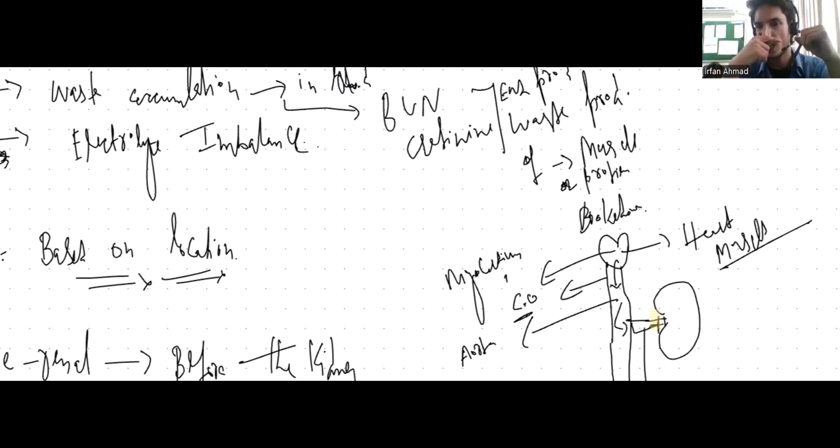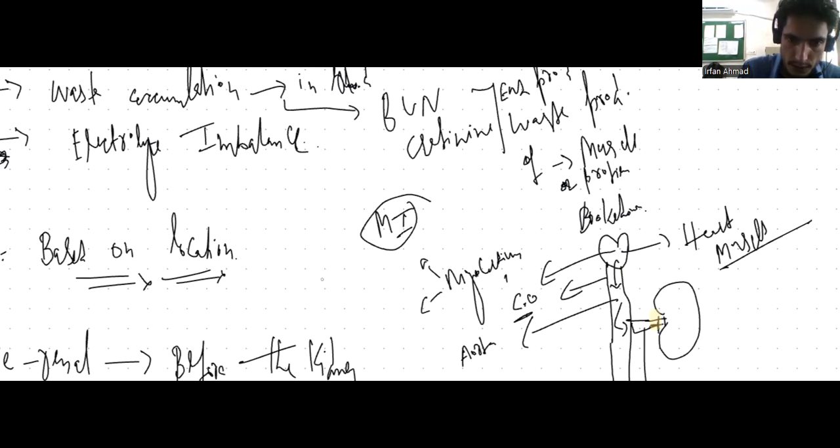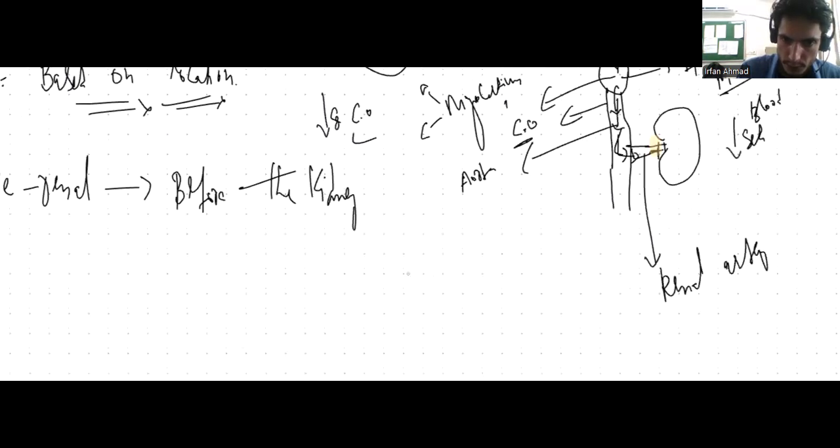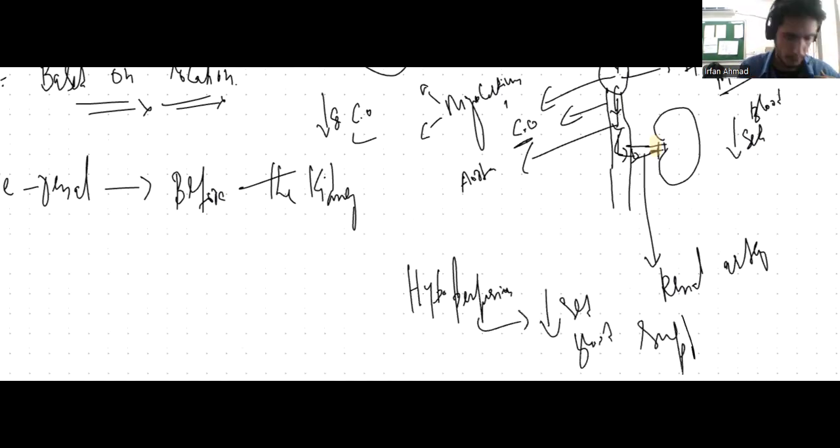So what happens with myocardial disease, or myocardial infarction? If there is a myocardial infarction or myocardium layer disease, the myocardium will not contract properly. If it does not contract properly, there will be decreased cardiac output, so the blood going to the kidneys will be decreased. So there will be hypoperfusion in the kidneys. Hypoperfusion means decreased blood supply to the kidneys because the myocardium was not contracting properly, which causes